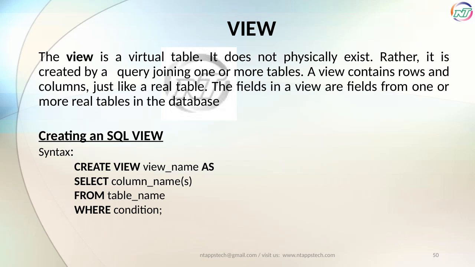A view in a database acts like a virtual table that doesn't physically store data but is created by running a query that joins one or more real tables. It looks and behaves like a regular table with rows and columns, but the fields actually come from the underlying